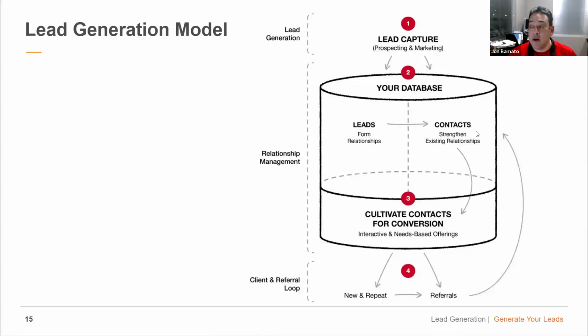Make sense? And now when I talked about your database, that's how it's going to grow bigger and bigger and bigger. And if you can just get in this mindset of knowing, I was taught this earlier at Keller Williams. I didn't start when I came over, I was like, oh my gosh, this is awesome. I was taught this and I said, oh, so all I have to do is get a lot of contacts. Get a lot of people in my database. And I just worked very hard at getting a lot of people in my database, and now my database is at 4,000 people. Make sense?